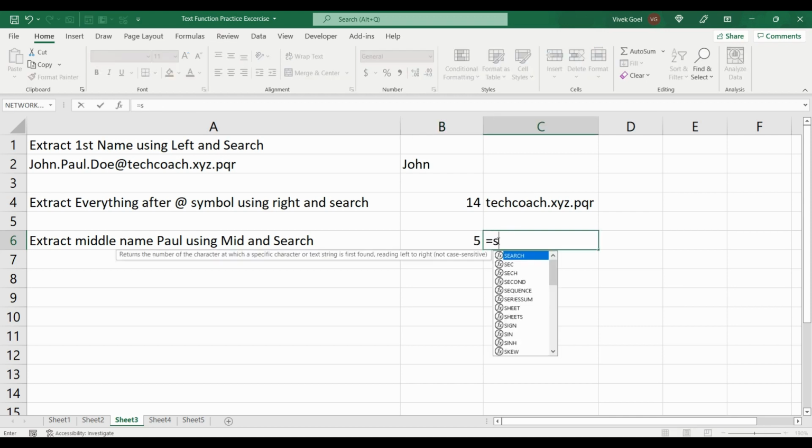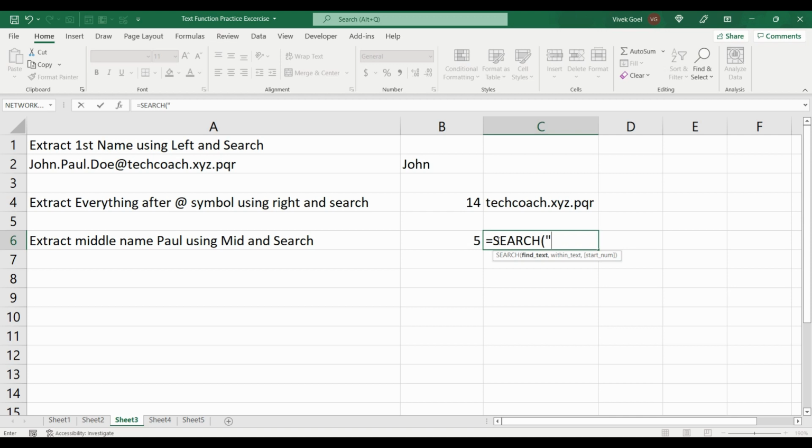For the second dot, we need to ensure we start searching one position after the first dot. The first two parameters will be the same. For the third parameter, instead of starting from 1, we will start with the position of first dot plus 1. And now we get the value as 10.